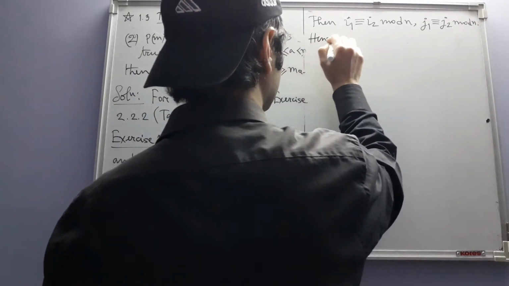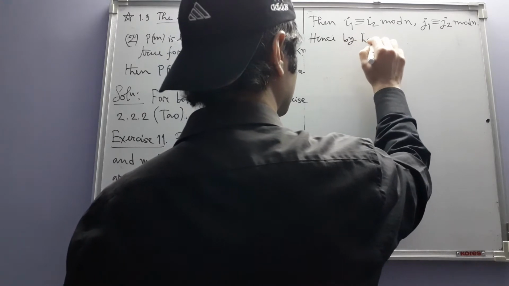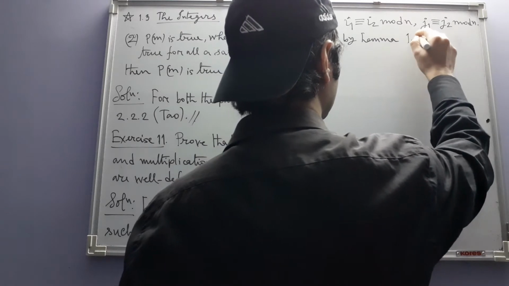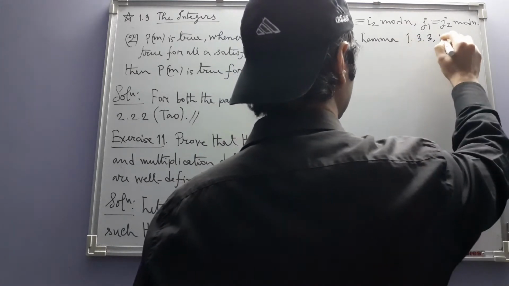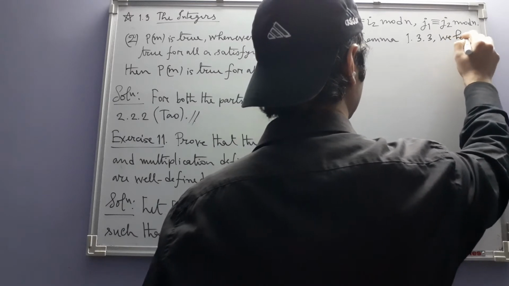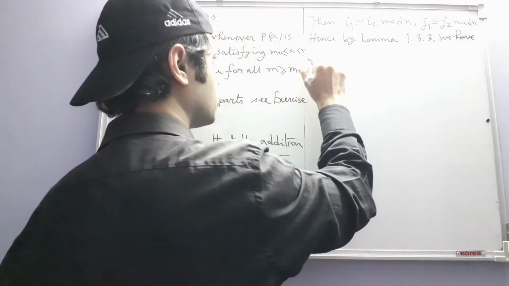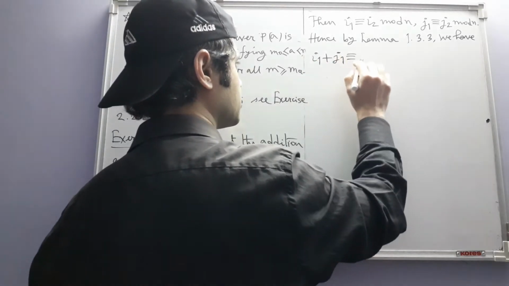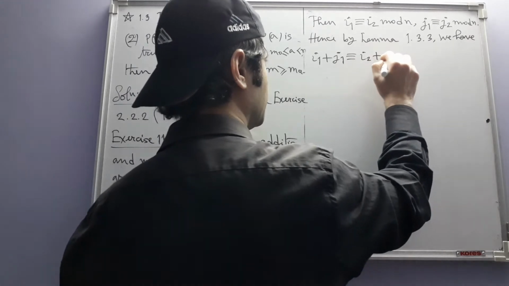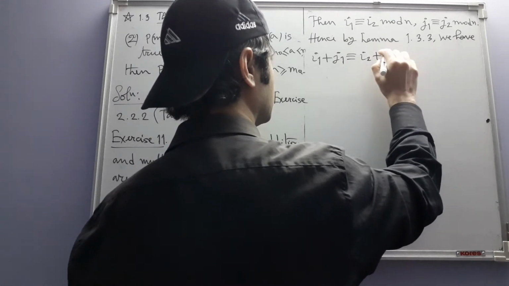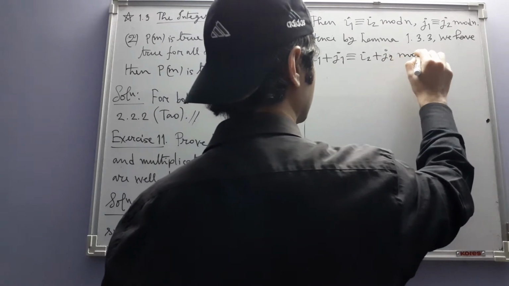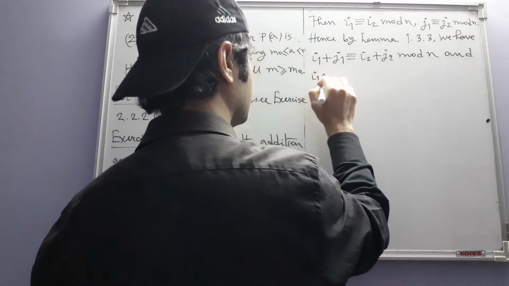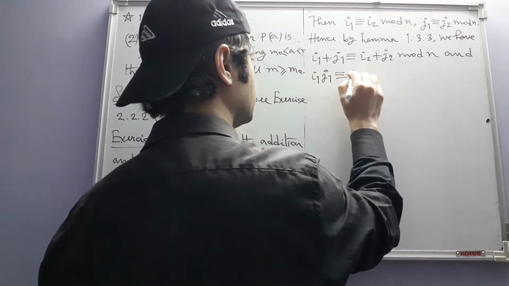Hence, by lemma 133, we have I1 plus J1 is congruent to I2 plus J2 mod n, and I1 J1 is congruent to I2 J2